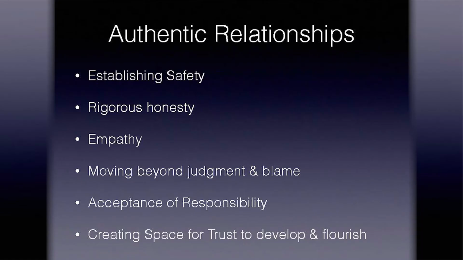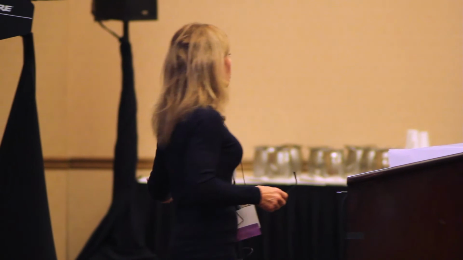So what constitutes authentic relationships? Establishing safety. What is safety? The reliability that someone is going to be there without judgment and without criticism. Sounds so easy, right? We screw up all the time because we're hurting, mostly because we're hurting. There are a percentage of the population who are mean-spirited and they look to harm because they are truly mean.